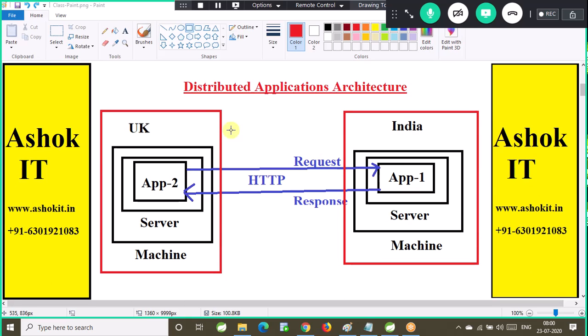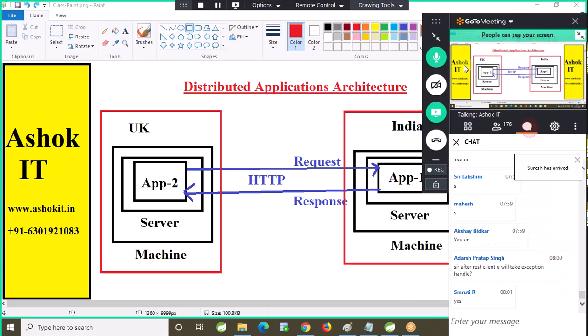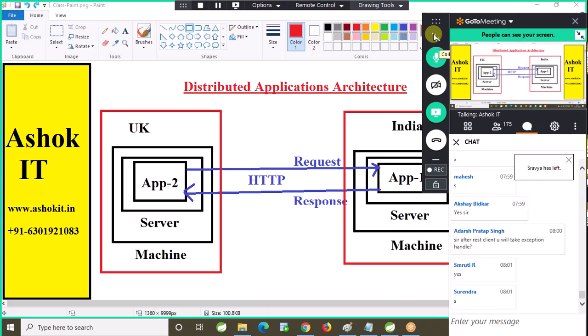But for a distributed application developer, that knowledge is not sufficient. We need to know some more details, some more internals about the HTTP protocol, because that knowledge is required to develop our client. Tomorrow or day after tomorrow or Monday, we are going to start the client development, REST client development. To develop that client, whatever knowledge we have related to the HTTP protocol is not sufficient. Are you guys clear with this? Shall I move forward?